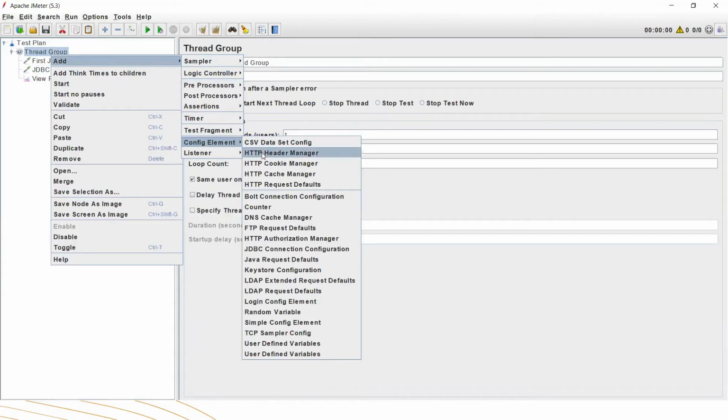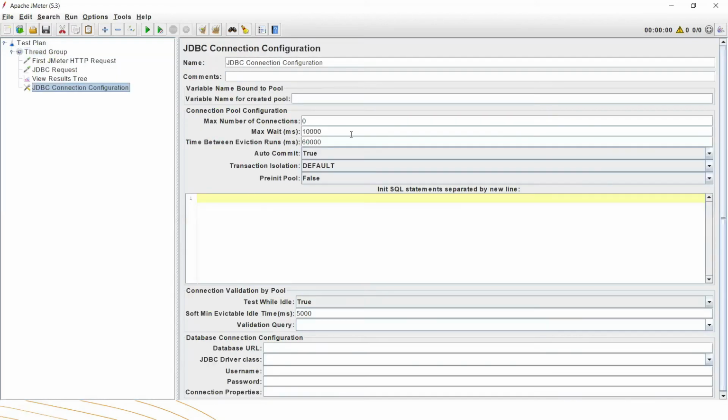So something I need to add from the configuration. I'll go to the config element, and I have a JDBC connection configuration. Now I'll go with all these default settings. What we need to do over here is provide the database URL, JDBC driver class, username and password. The database URL, as it is a JDBC, starts with jdbc:mysql: and the URL.